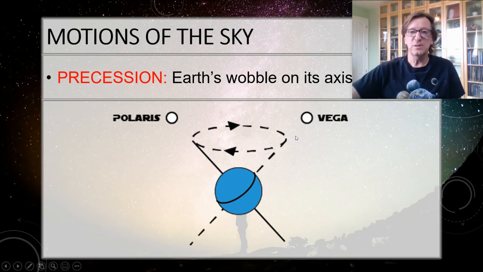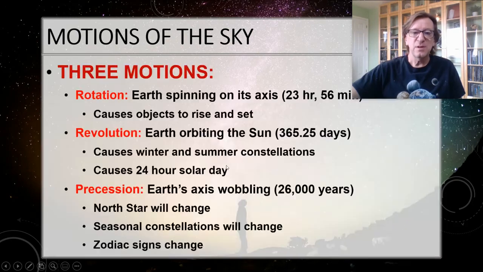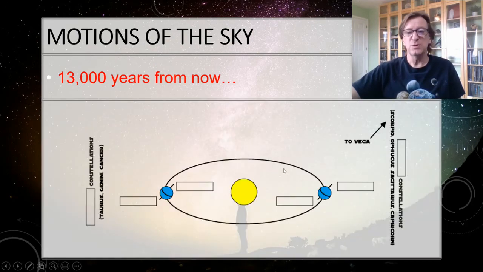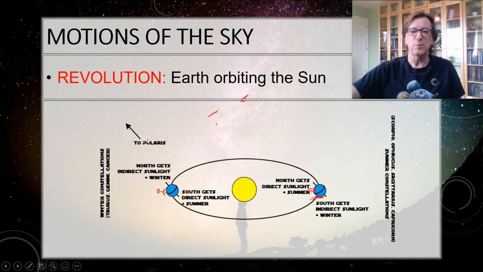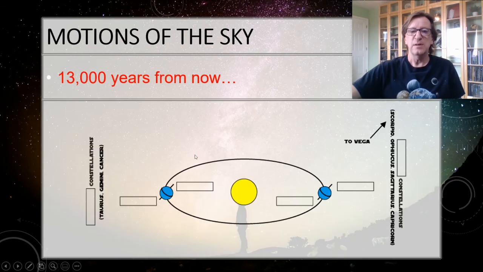So let's do an experiment here. Get my picture to show here. There we go. So this is printed at the bottom of page 2. I want you to pause the video and think about it. So now, whereas before we were pointed towards Polaris this way, now we're pointed towards Vega in this direction. So first of all, I want you to figure out, is this winter for the Northern Hemisphere, or is it summer? Pause the video, think about it.